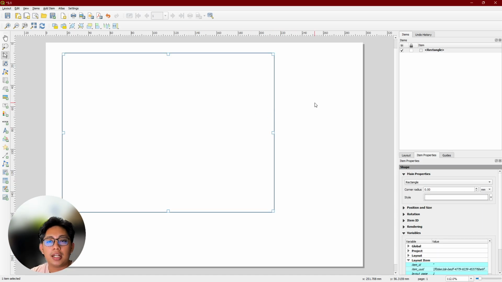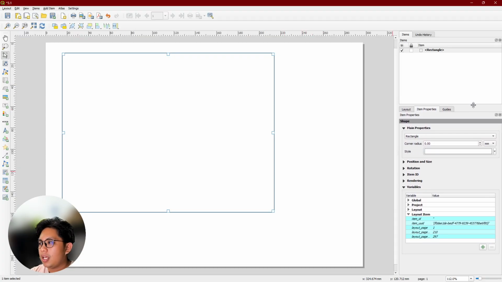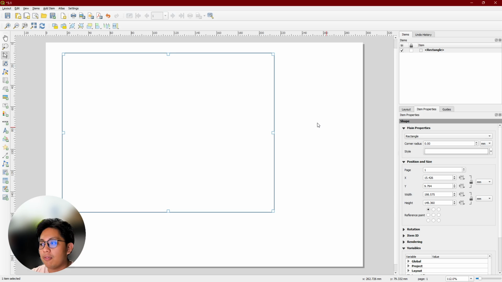So I'll click the rectangle. Then we go here at bottom right. We'll see properties of the rectangle. You'll see style, color, thickness, position, rotation. I'll focus on position and size. So I want to finalize my rectangle.